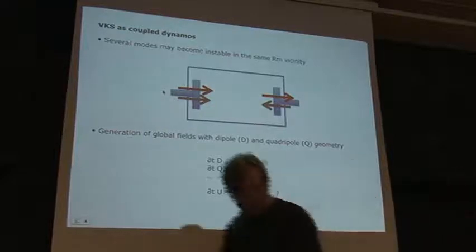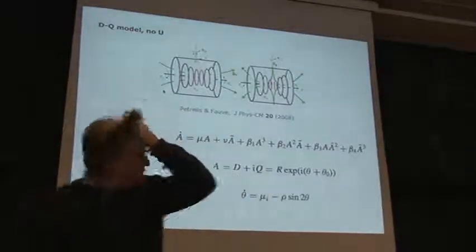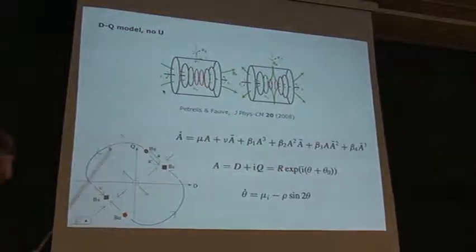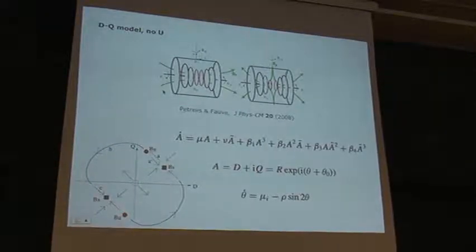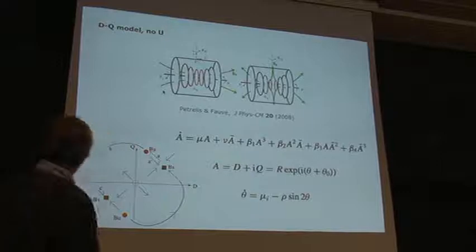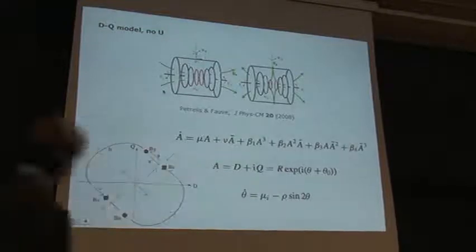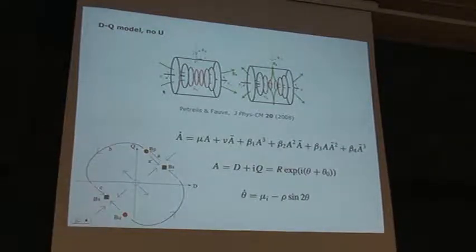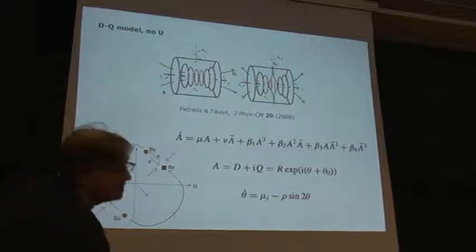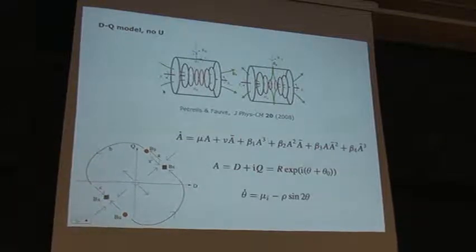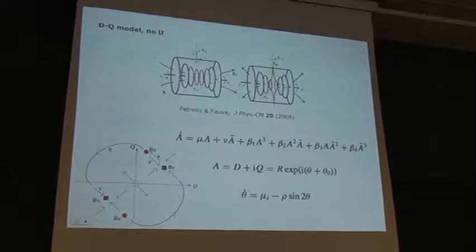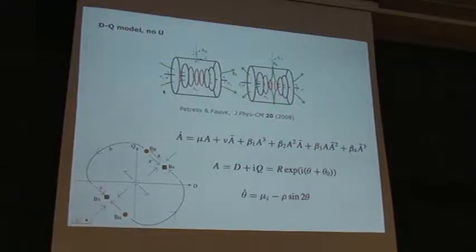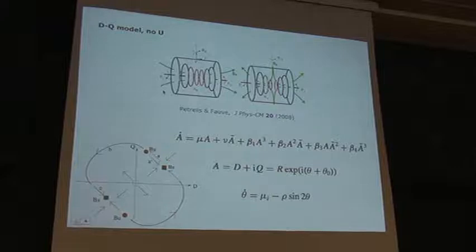Okay, and that's what I'm showing next. So the model that goes like this is the one that is due to François Pétrélis and Stéphane Fauve. The idea now is that I put myself in a frame where I see all evidence of low-dimensional chaos, and when I go to the mechanism, I have the feeling I want to say this interacts with this. Okay, and once you do that, what you want to write is you have a dipole and a quadrupole.